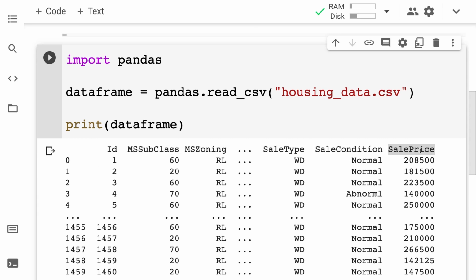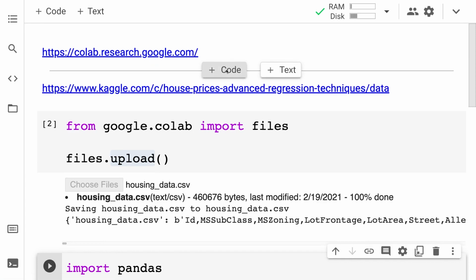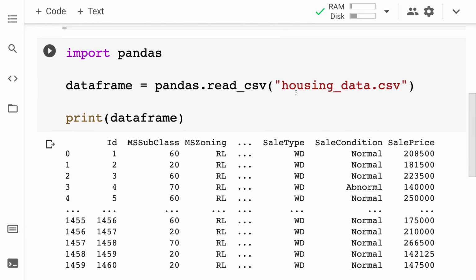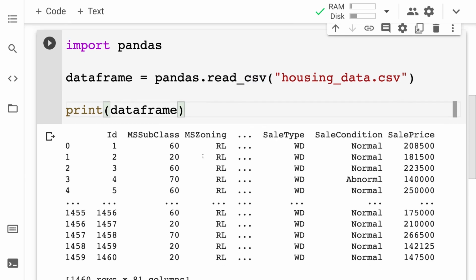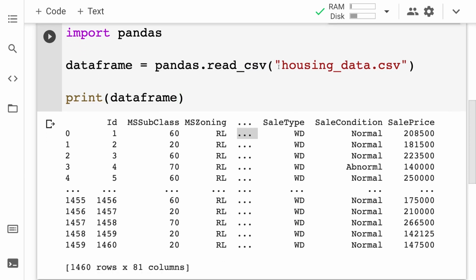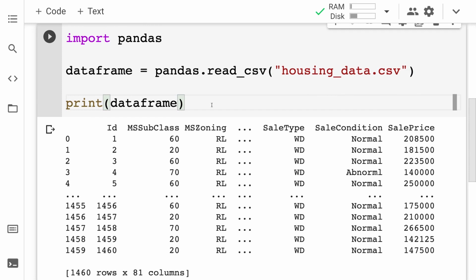Here we can see all of the different columns, but some are hidden. If you want to see the other columns, you can either visit this link to the data set, or you can also just open the CSV file in Google Sheets or in Excel or any program that works with CSV files. You can open it and check it out. You can also open it in a text editor, but just make sure you don't accidentally make any changes, or that the editor doesn't make any changes on its own, because sometimes that can happen. That's why I do recommend opening CSV files in some kind of program that's specific for CSV files. All right, so here we can see we have several columns, and